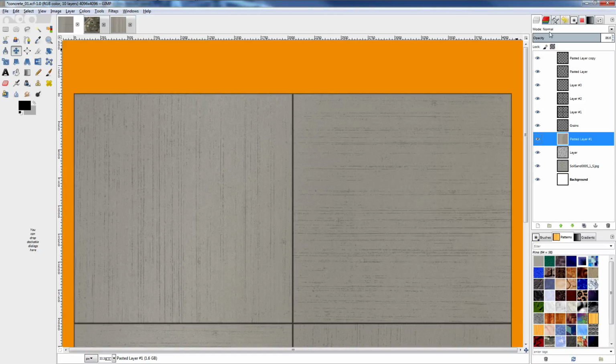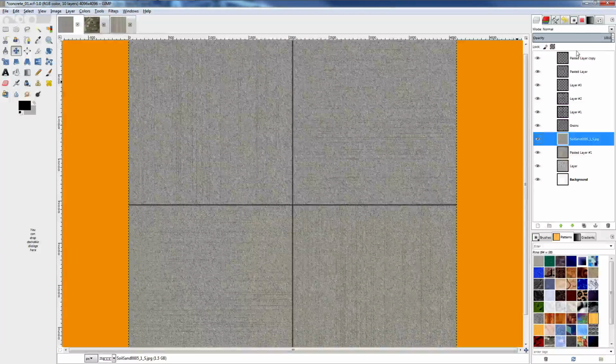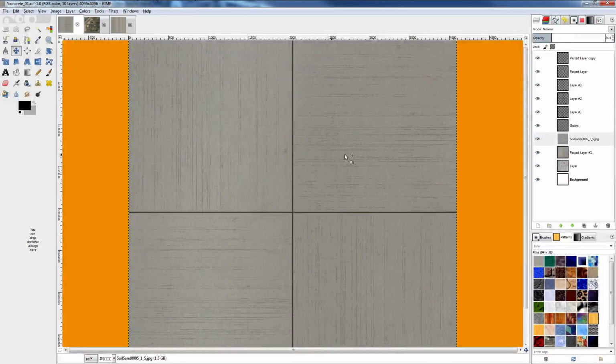So this needs to come down a little bit, I think. And the question is, do I put this beneath? I could put this beneath the grain layer, which I don't think is a good idea. But if I did that, would that make a difference? It probably wouldn't, but I like to try all different possibilities. These grooves are a little, like I was saying, I guess they don't quite fit in yet, so I have to think about